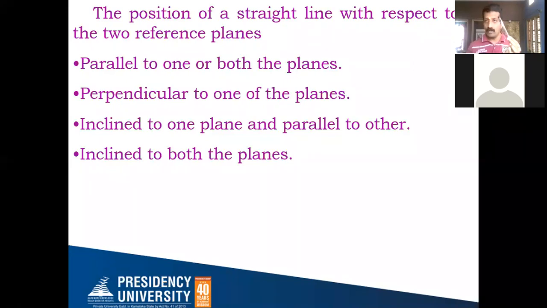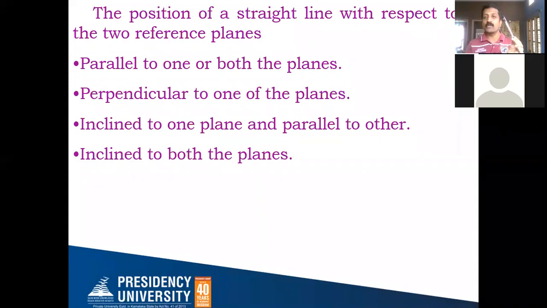Always remember that one end of your line is fixed and we cannot rotate it. The other end of the line can be rotated to get the true length of the line. For example, in this position the line is inclined to HP at some angle as well as inclined to VP at some angle.